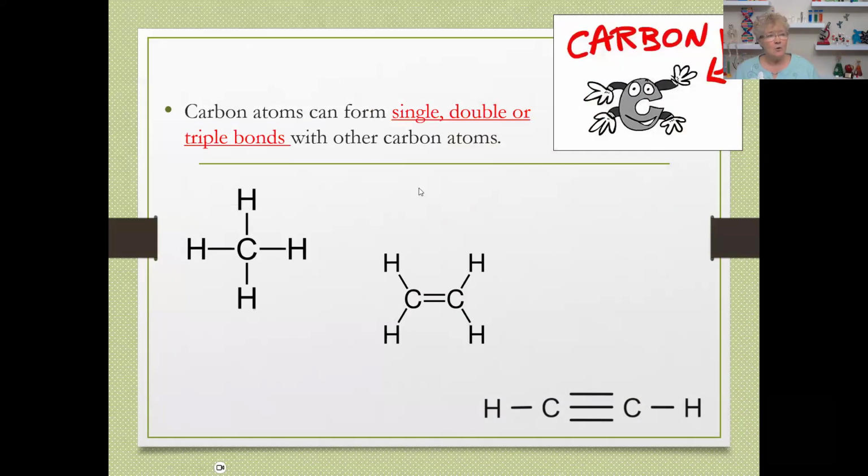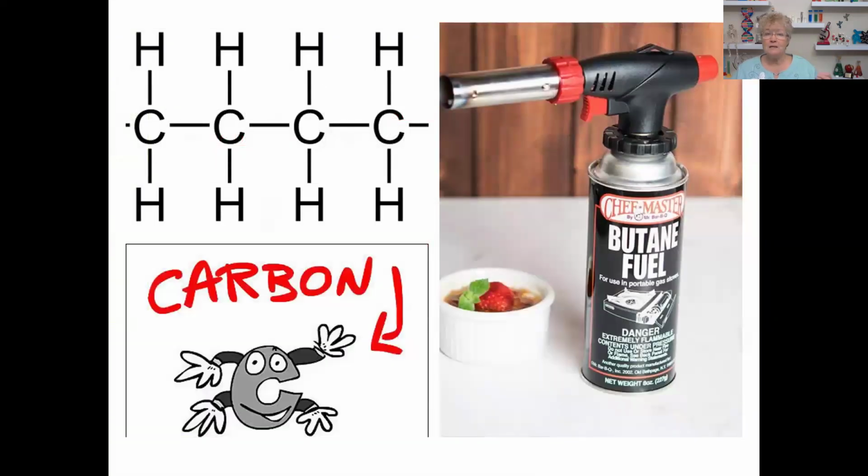So carbon can also form single, double, and triple bonds. So this carbon is happy. It made a double bond with this other carbon. This one is happy because it made a triple bond. It's still got 4 bonds. It's still sharing those 4 valence electrons. It just wants to do what it has to in order to have that octet, to have that full valence shell. So this is a straight chain right here.